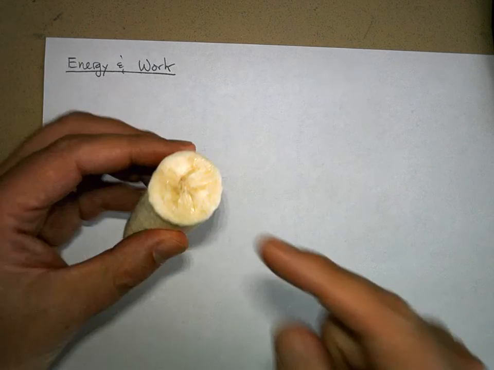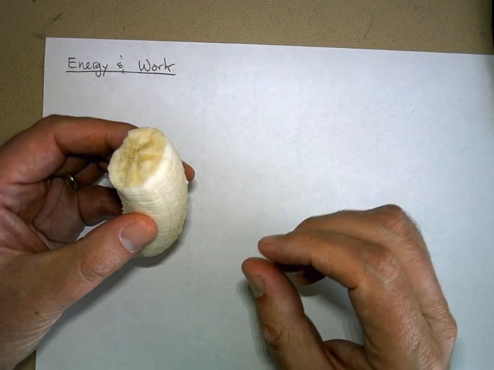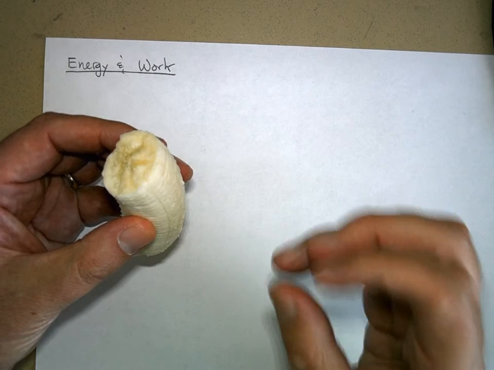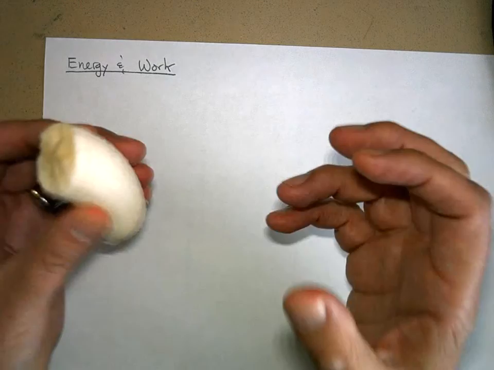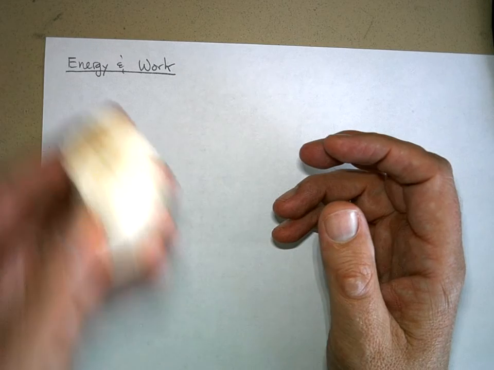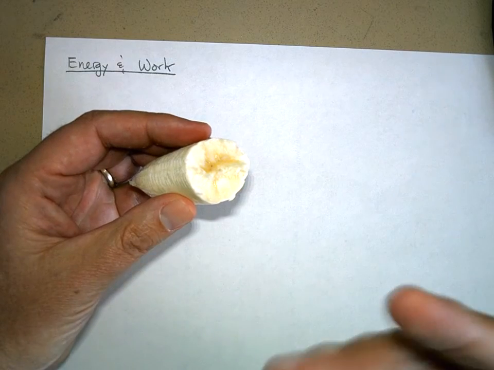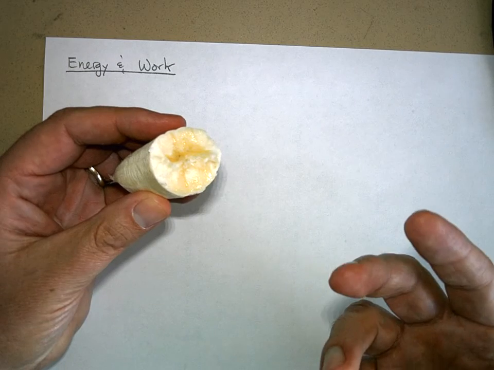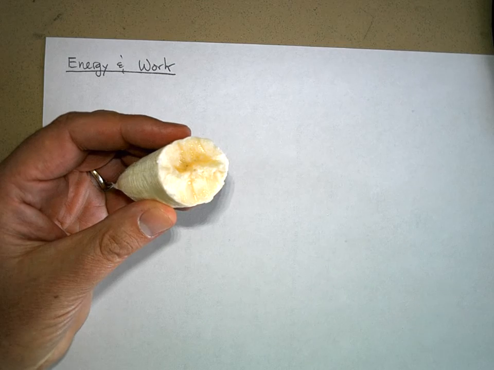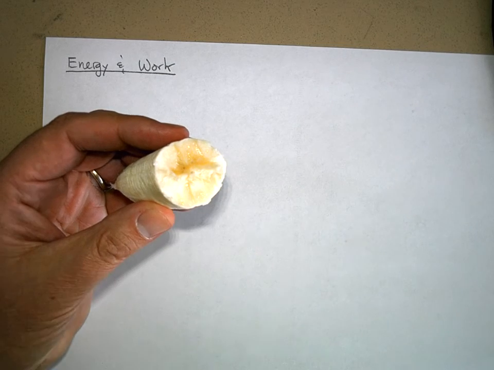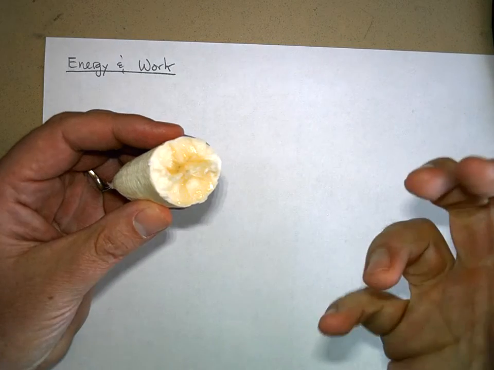Okay, now, the molecules in this banana, I want you to think of them as little tiny hand grenades, okay? They're little molecules, they're like springs that have been squished and locked in place, okay? And then I eat them, okay? And so now I'm actually going to swallow, all right? And the banana material is moving into the stomach, and my stomach's churning it all up, turning it into vomit, basically, and then